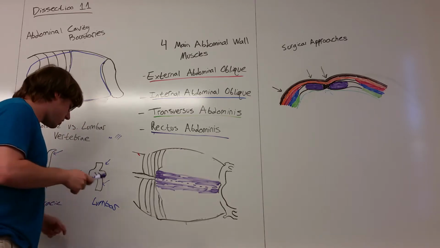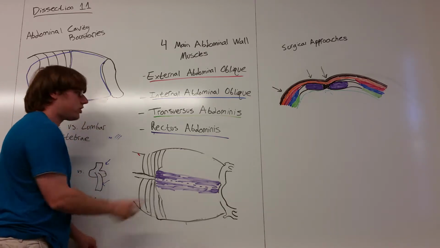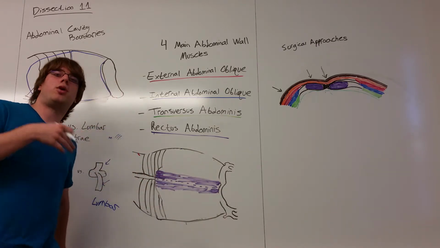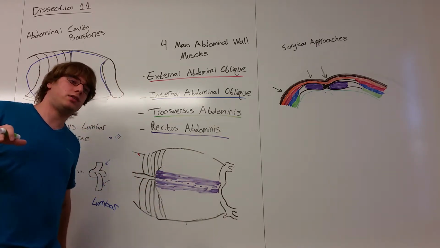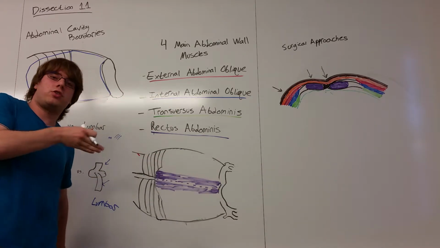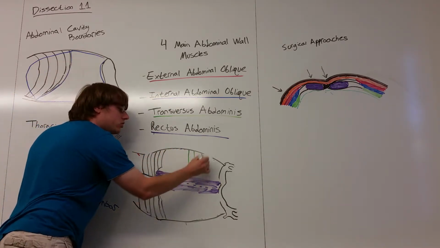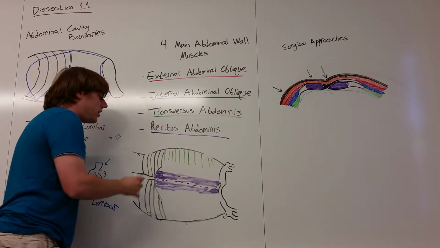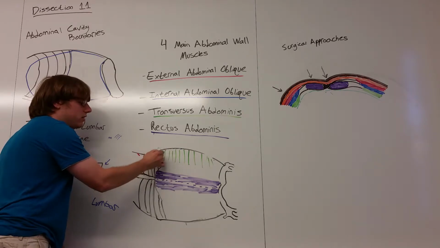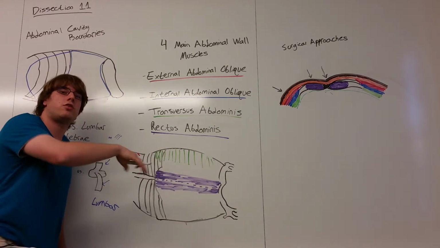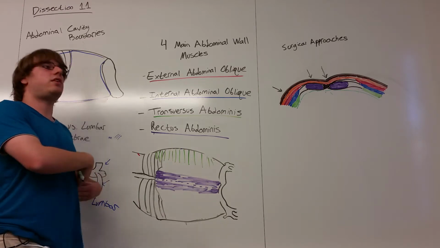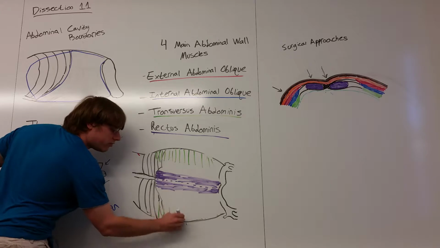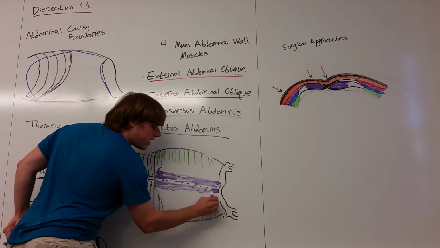So let's talk about the deepest muscle first, the transversus abdominis. The transversus abdominis is going to attach at lumbar vertebrae's transverse processes and run transversely, so in this direction, and attach at the linea alba via aponeurosis. Now, the transversus abdominis extends cranially into the last couple of ribs. I believe it attaches medially to them. And so you'll have them on both sides, extending into the last few ribs,